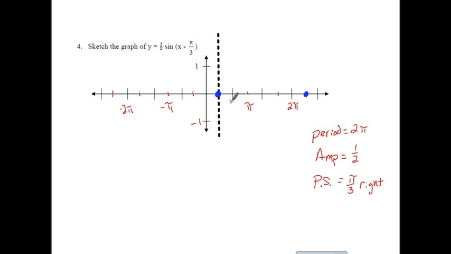Halfway between these is 1, 2, 3 right here. So that's back at the 0. And halfway between these guys would be that 1.5. Now we're going to go all the way up, but we're not going to go up to 1 because our amplitude is now 1/2. So it's going to be somewhere around there. Halfway between these guys is the 1.5 here. So that's going to go down to